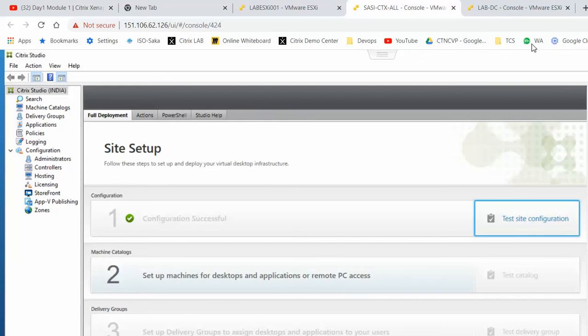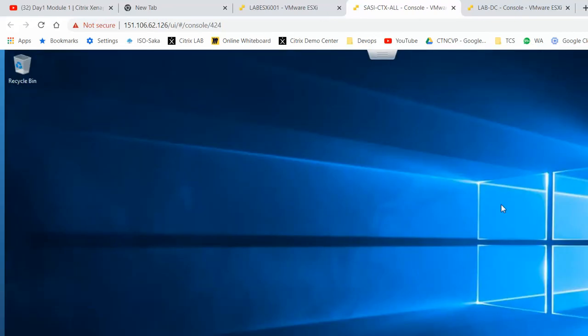To understand this, we have to use Citrix PowerShell commandlets. First of all, you have to open either PowerShell or PowerShell ISE to run the commands. How to open it?